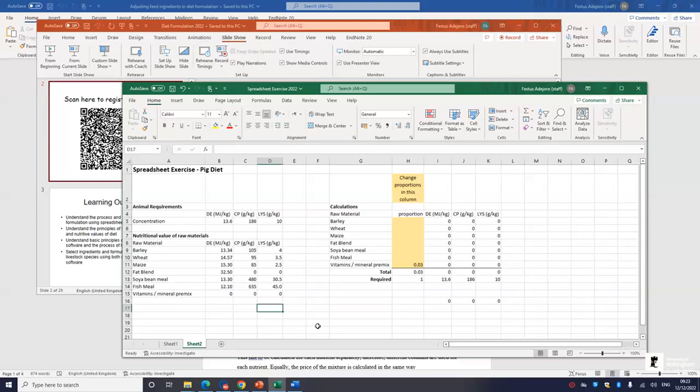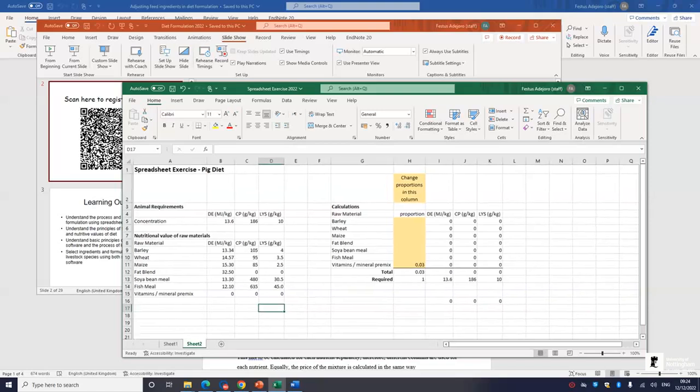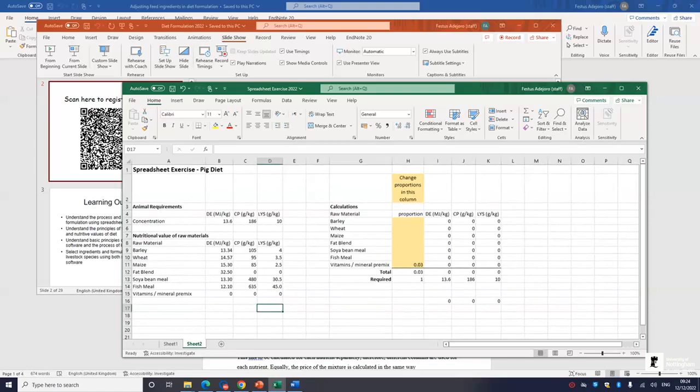What we are going to do now is that all of you are going to include barley, wheat, maize, fat blend, soybean meal, fish meal at varying proportions to meet this nutrient requirement of the animal. So basically you want to formulate feed for these animals. The nutrient requirement of the animal is already established. You have the ingredients. The Excel sheet is already programmed,